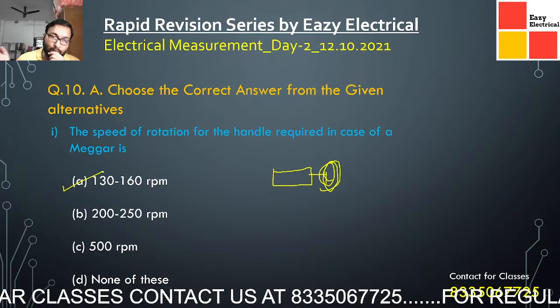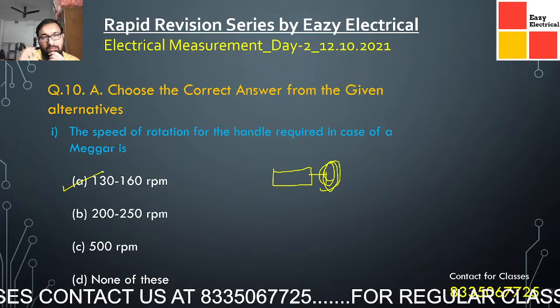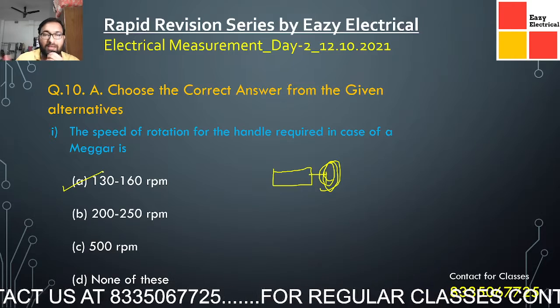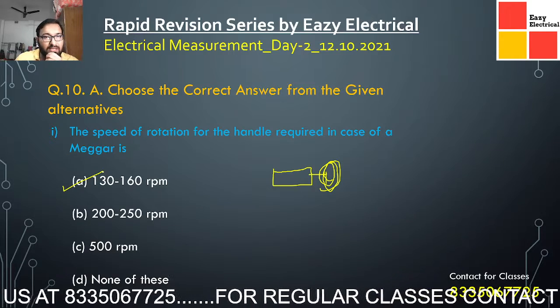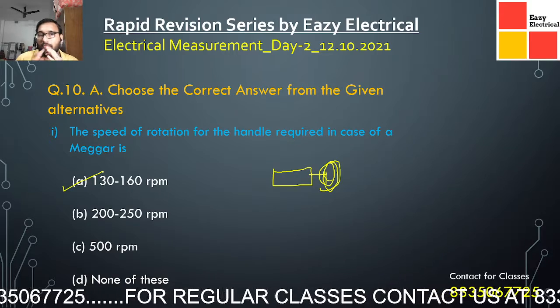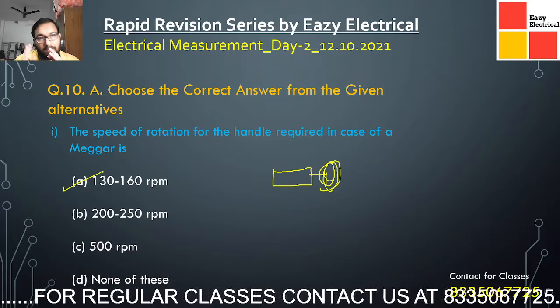So I have tried to add certain information in this section, and in the coming sections I will add more such questions. You will readily understand that I am taking one chapter at a time, and chapter wise I am taking up all the questions, and by the end of it you will have a total idea about all the subjects, and all the concepts will be cleared in the rapid revision series.